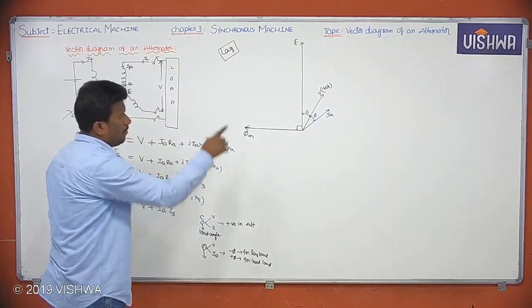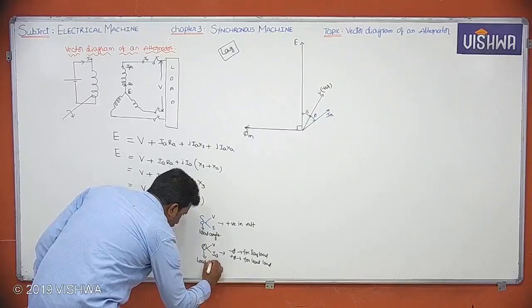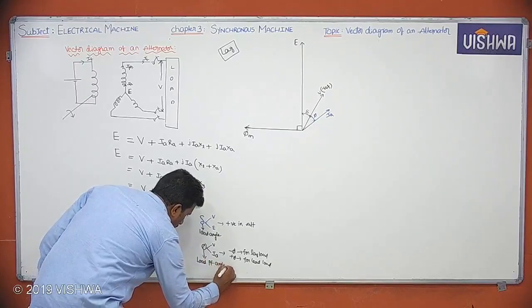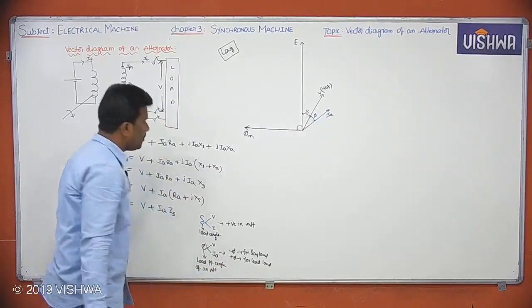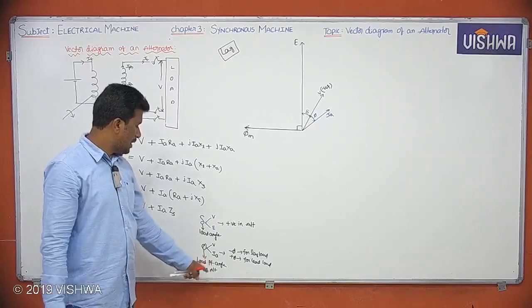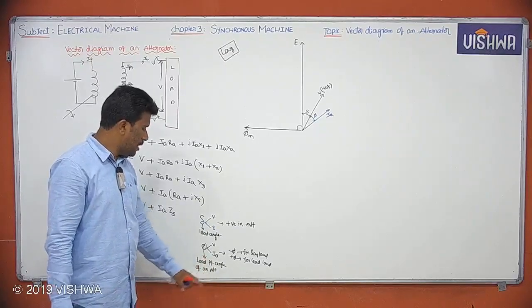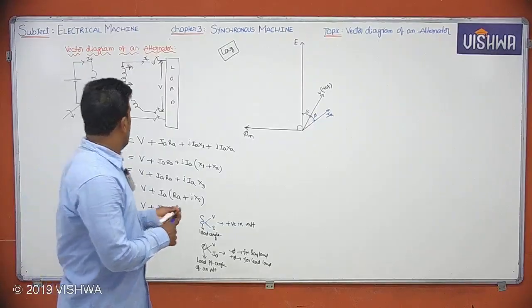And what is the name I can give for this phi? I told you, phi means the load power factor angle of an alternator. Right? Now please tell me, if you want to write this vector by using that equation,